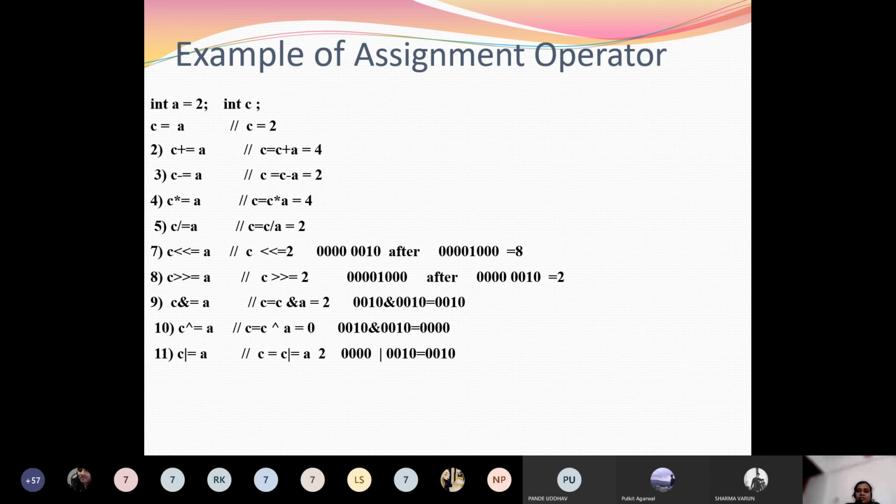So these are the assignment operators. The assignment operator having only a single assignment, that is equal to, is the simple assignment, and you can also do the operation and then assignment. Whatever operator we have studied, bitwise operation and arithmetic operation, it will perform that operation and then assign. So the assignment operator will be combined with these.